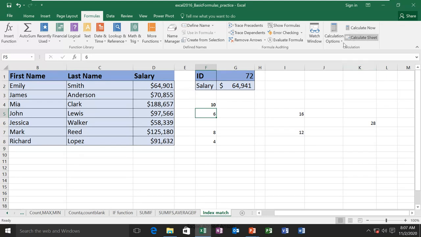So in this group, if I click here, by default you see it is set to automatic. So I can set it to manual. If I set manual, that means it will not update automatically. I have to update it using this command, calculate now, or even calculate the whole sheet.